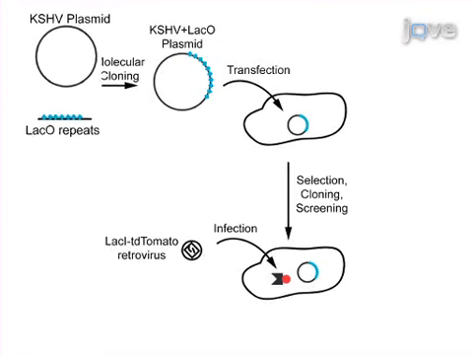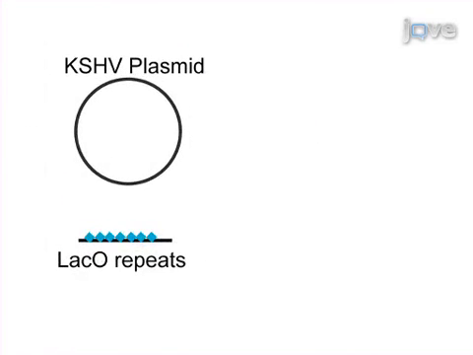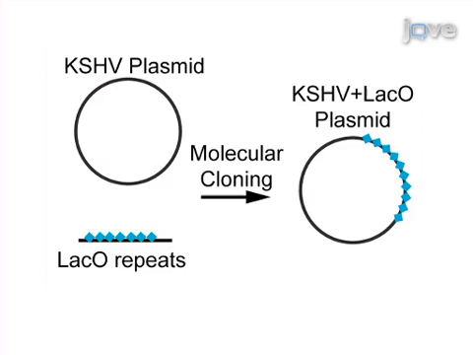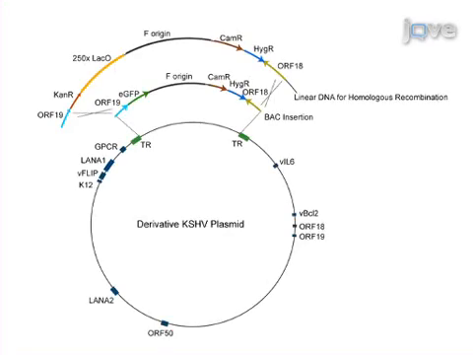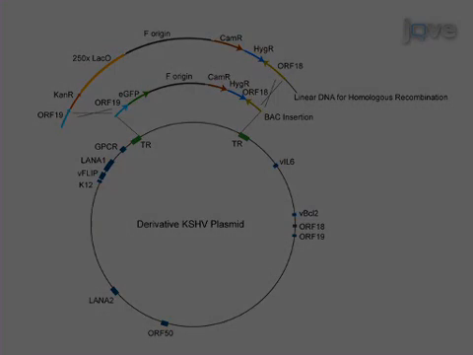To enable visualization of the plasmid by fluorescence microscopy, standard molecular cloning techniques are used to introduce a DNA fragment containing approximately 250 copies of the lactose operator sequence, or LAC-O, into the plasmid. In this example, the plasmid is a bacmid of approximately